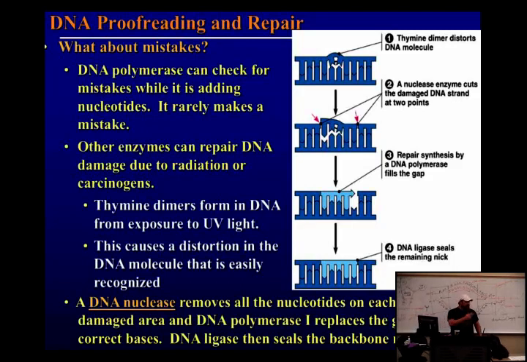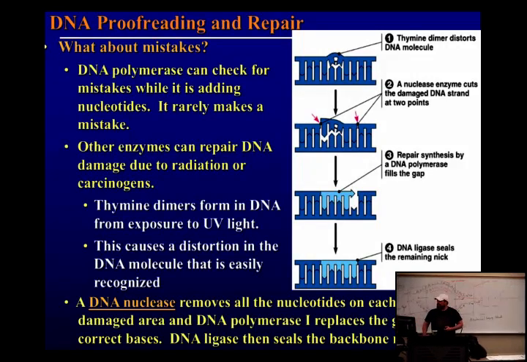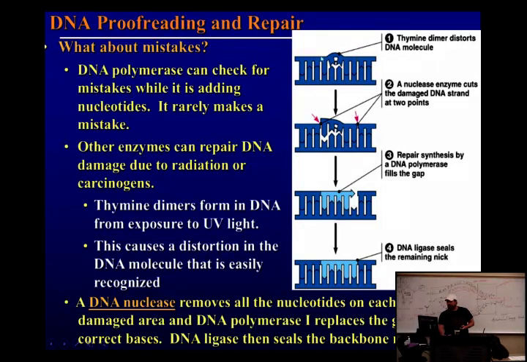So if you have two T's, I didn't draw any T's. I didn't draw two T's. But if there are two T's next to each other, they would bind, they would covalently link to one another. And so imagine this is the backbone of DNA. You have two T's linked together. What would it cause there? It would cause a bulge, right? And that could be detected by these enzymes that are scanning the DNA. And that's shown here. So this is called a thymine dimer, which is caused by ultraviolet light.